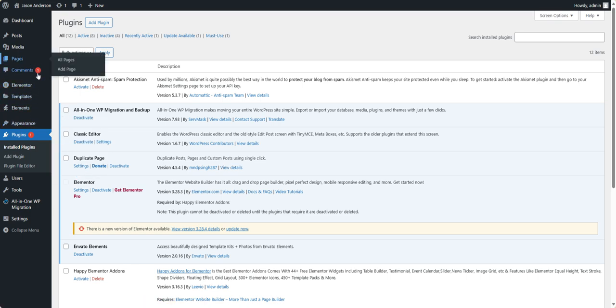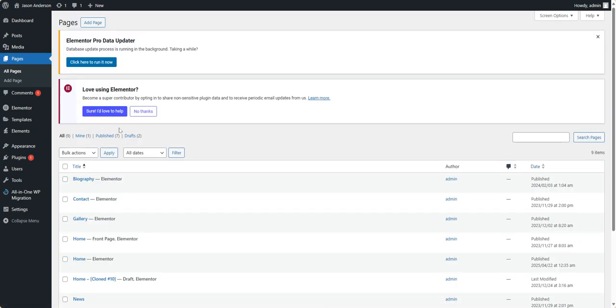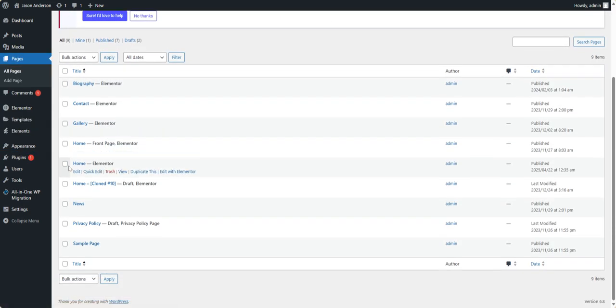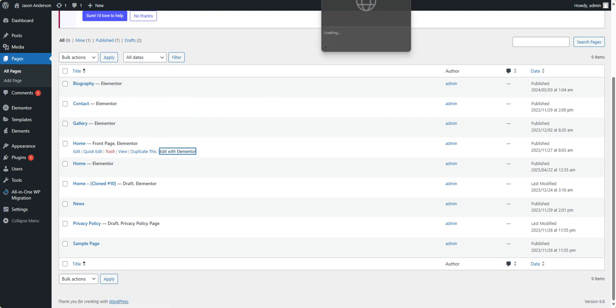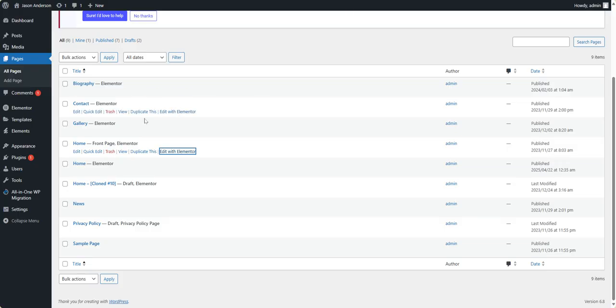Now let's go back to pages. This is a front page, the published page, but I can't edit it with Elementor. If I click here, Edit with Elementor, it says that there has been a critical error. That's a problem, and when I was trying to publish, it was not publishing. So I have to duplicate this page, and then